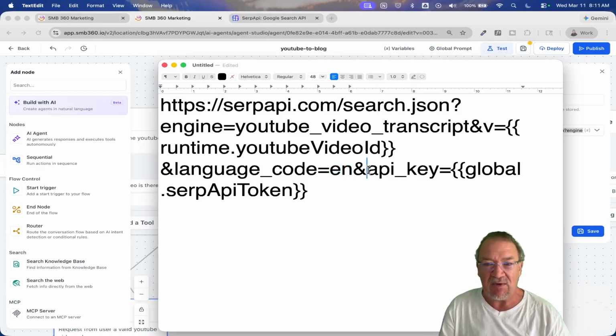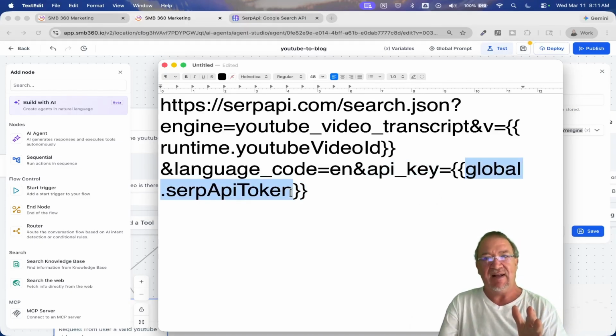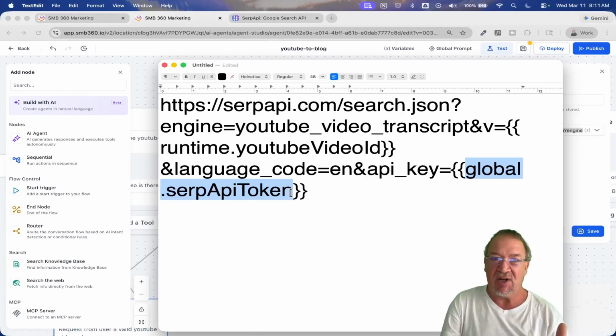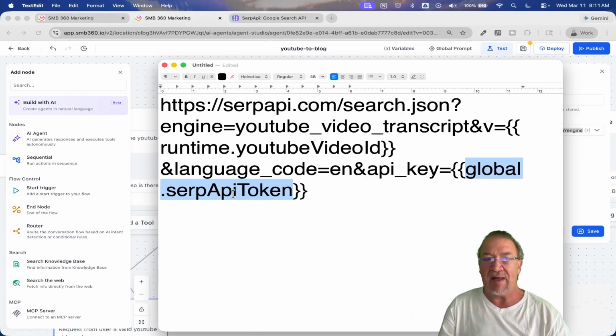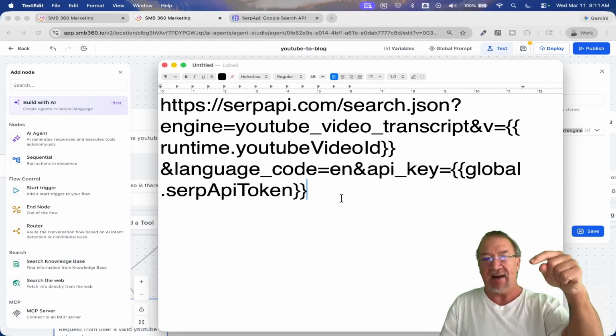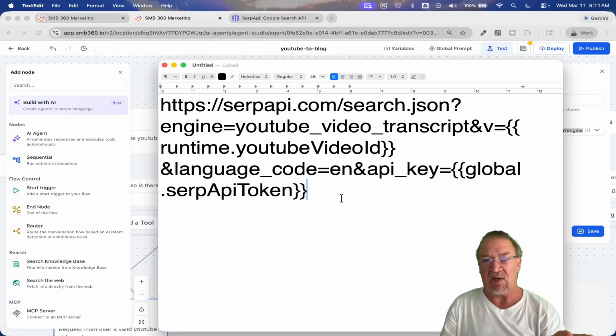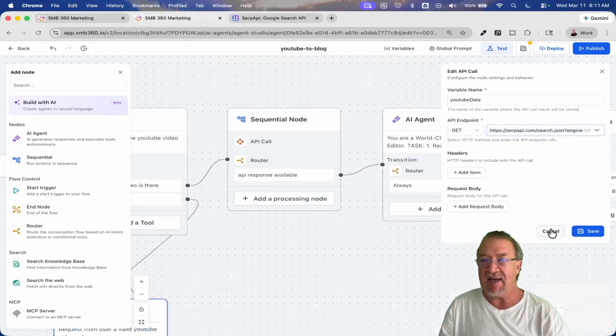But then here's what I want to show you. The API key. This is where you're using the global variable. And I'm going to show you that it is, but this is where I want to take a minute and say, this is where global variables are utilized, where you can actually have the global API token and then use that like you can here in all of the API calls that you might want to make to this particular SERP API. So now that I've gone through all that, I'm going to sit back and cancel this out, come